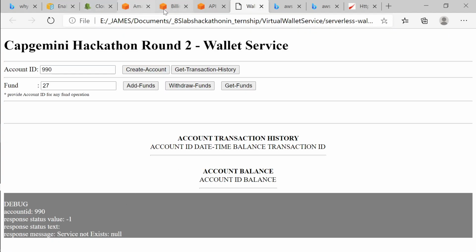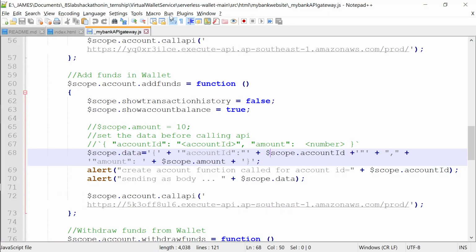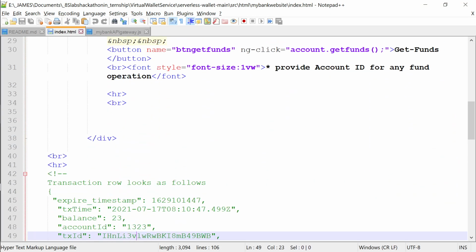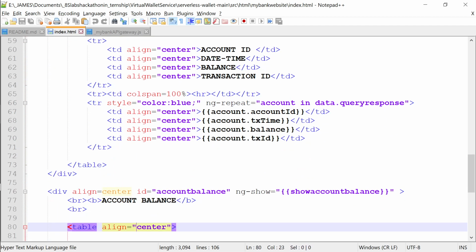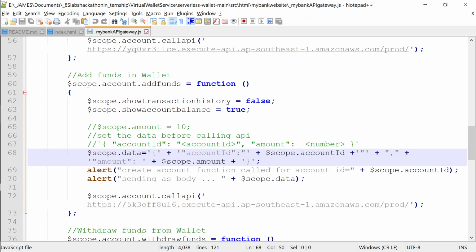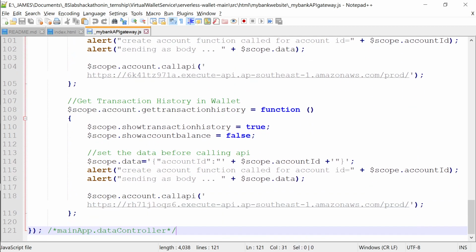And if you notice the code, the way it is written, where is my code? Yeah. So in index, how do I display all the records? So again there is a special Angular type of code. What I'm doing is, in whatever response I'm getting, if it is successful, then get transaction history, right?